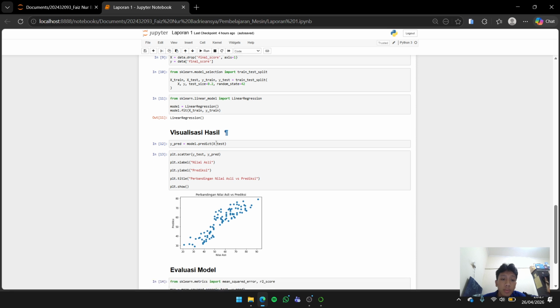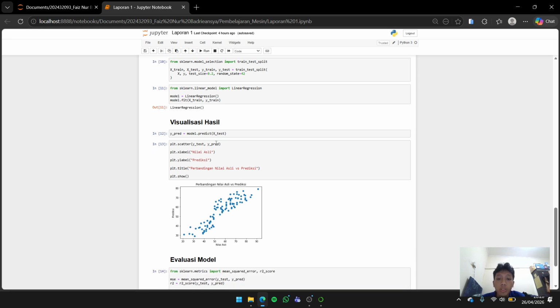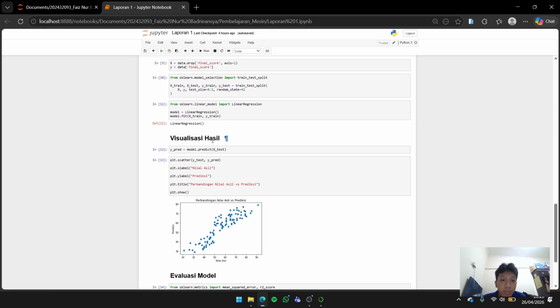After training, I use the model to make predictions on the testing data with the predict function. These predicted values will later be compared with the actual values to evaluate model performance.